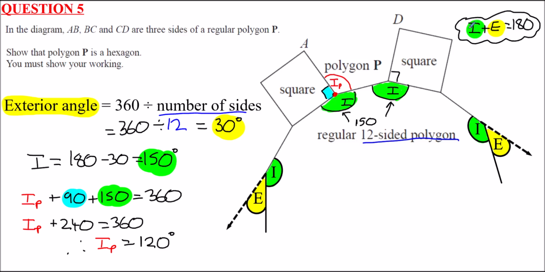Like I said here, the interior plus exterior always adds up to 180. So we can say that the exterior angle of polygon P is going to be 180 take away the interior angle, which is 60 degrees. And the final step, from this equation here, we could rearrange this. This also tells us the number of sides of any regular polygon. By rearranging this equation, the number of sides is 360 degrees divided by the exterior angle. So we can therefore work out the number of sides of P